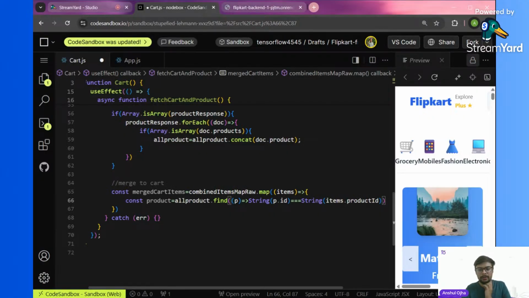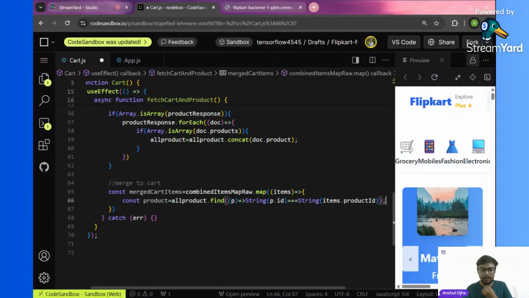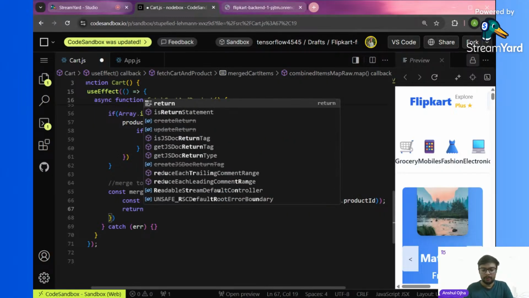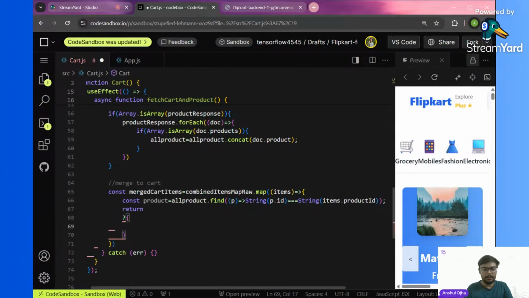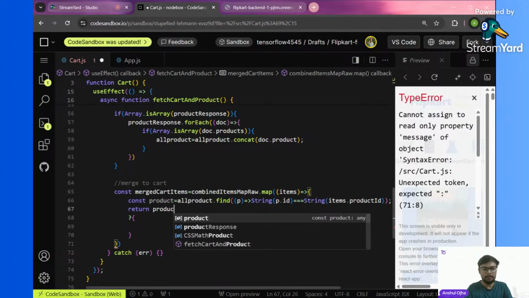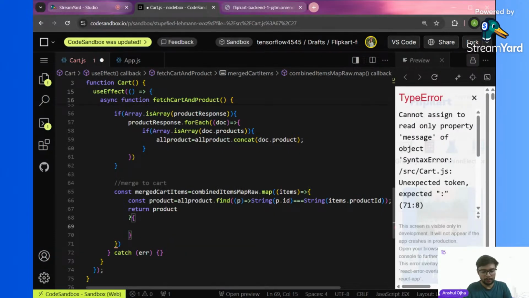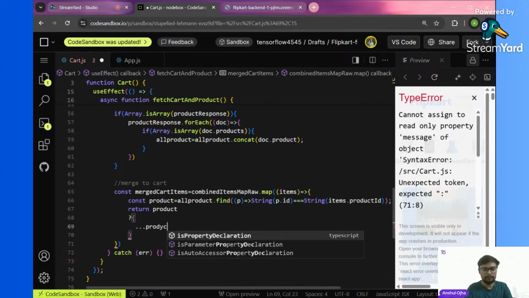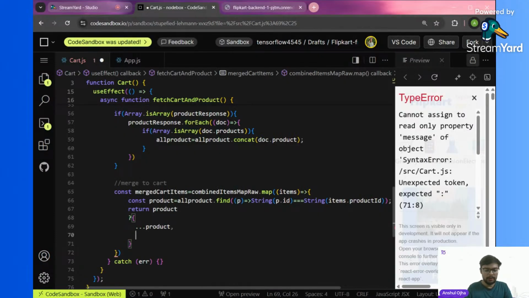If there is an item with the particular ID, if that is there, in that case, I will do one thing. I will add it up, or else I will return it up. Okay. So if there is, then I will return this data. Okay. So let me return this data in this respective case. Yeah. So return product. If it's there, then I will return my whole of the product. Okay. Fine. Then